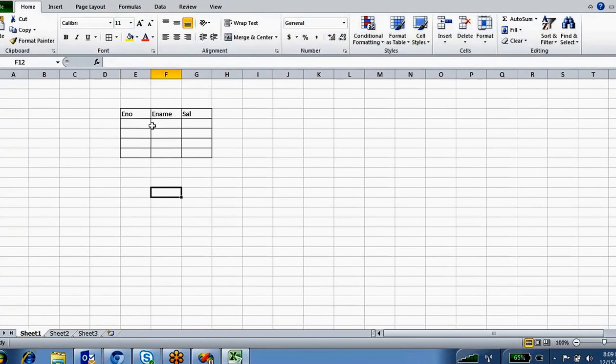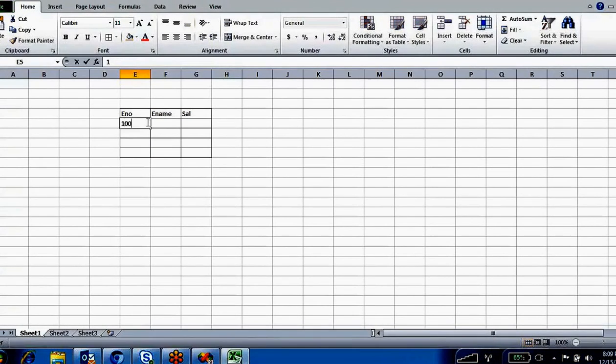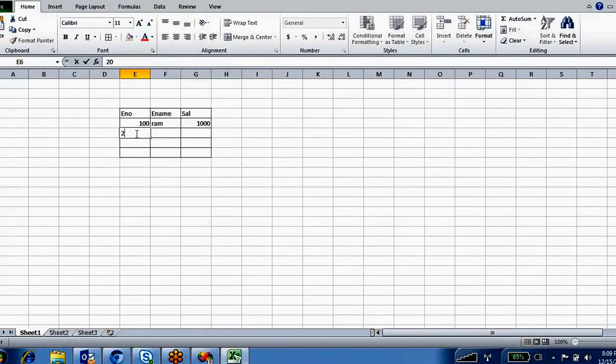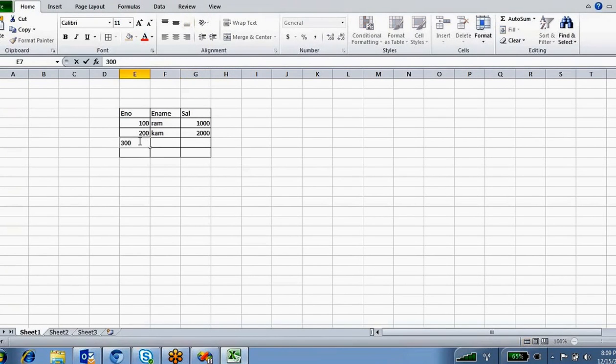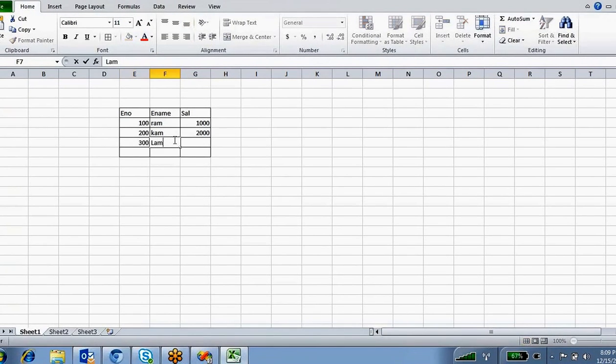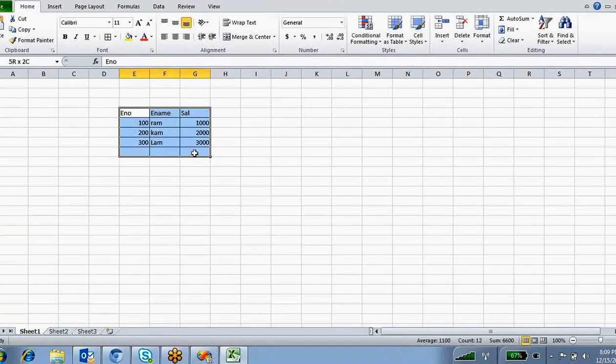Every day the data comes in this way: employee number 100, Ram, salary 1000; 200, Com, 2000; 300, Long, 3000. Okay, right. So this is my source data.